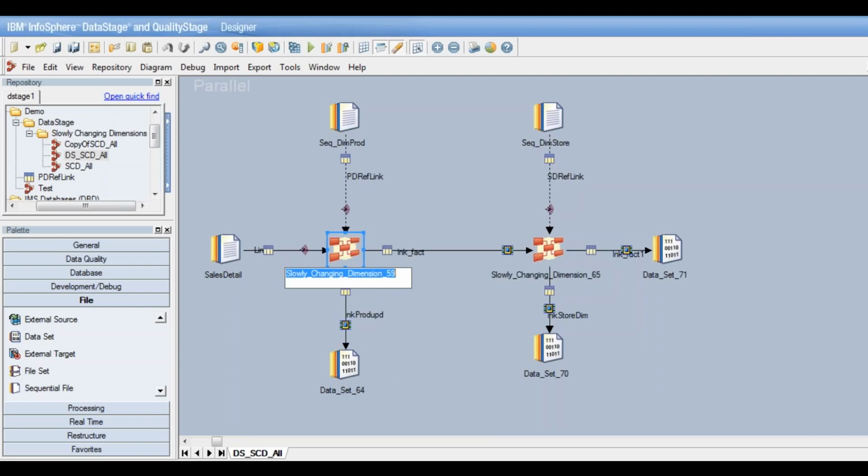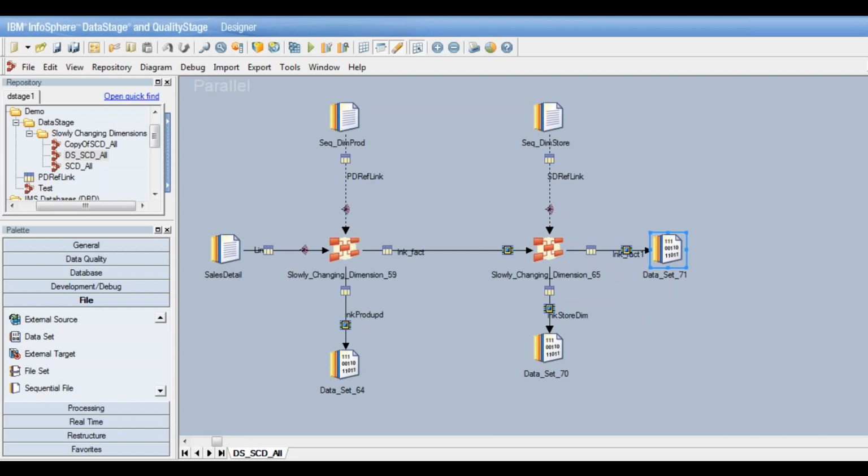And it will generate the records that need to be inserted. It will set the dates for them, the indicator values for them, and the update record. So it's mostly for the slowly changing dimension. Even if it's a conformed dimension, we can just use this. This will be our current data that is flowing in. That will be our dimension unload data set. And we can just take out this link, which is needed for the dimension update. We don't need to consider the fact link in that case.